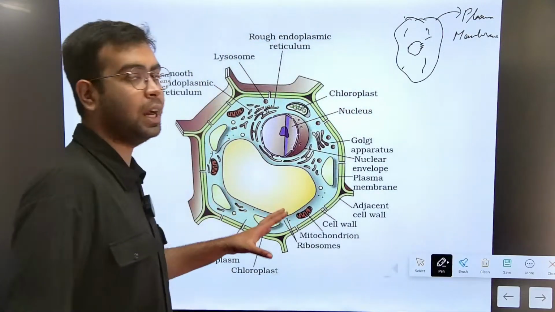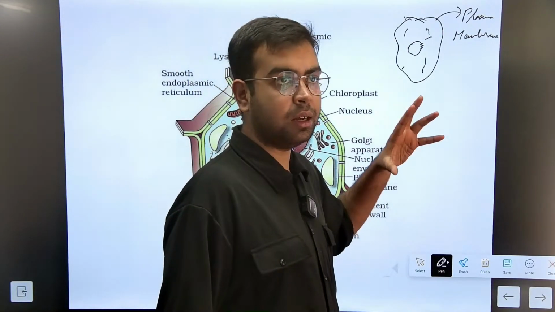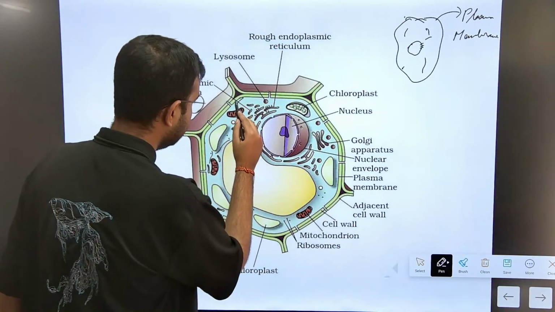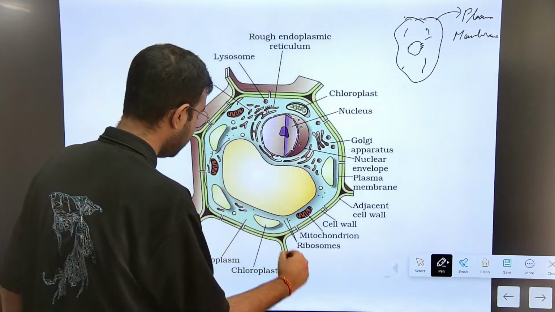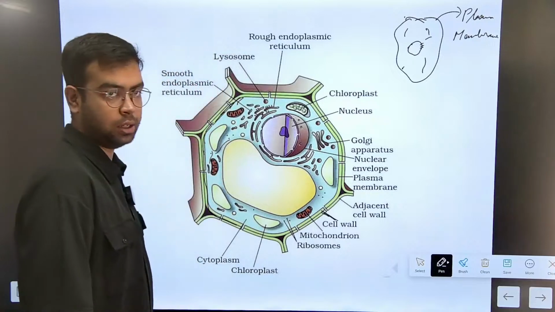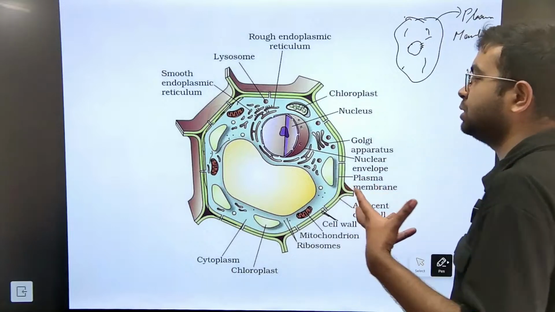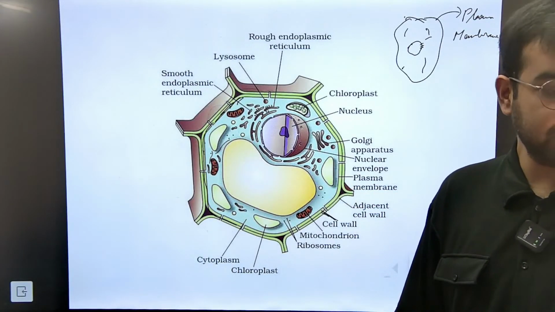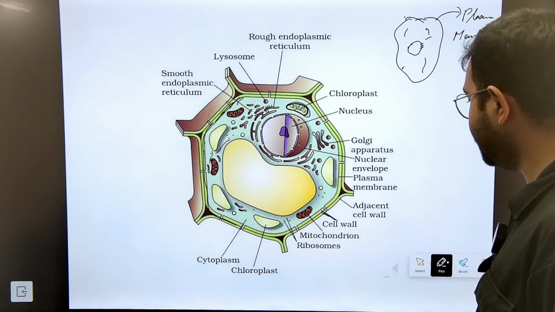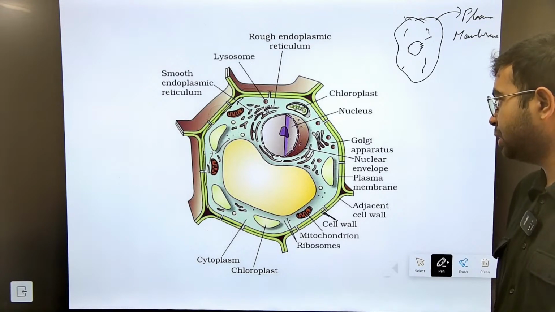But in the case of the plant cell, there are even more differences. Outside the plasma membrane, the plant cell has an additional covering known as the cell wall. This inner one is the plasma membrane of the plant cell, and outside that it has another extra covering known as the cell wall. So there is double layering in the plant cell. And other than that, there are certain organelles, meaning parts of the cell, which plant cells have but animal cells do not. For example, plastids are present only in plant cells and are not present in animal cells.